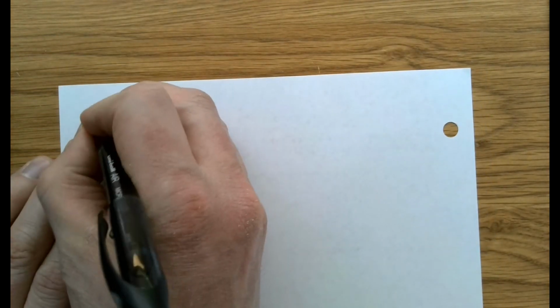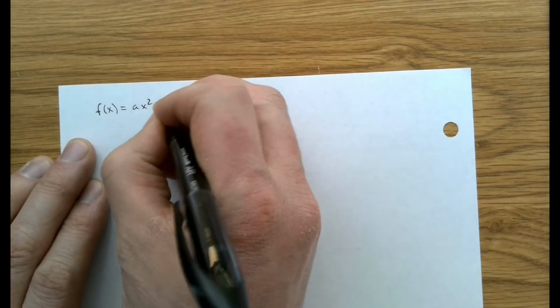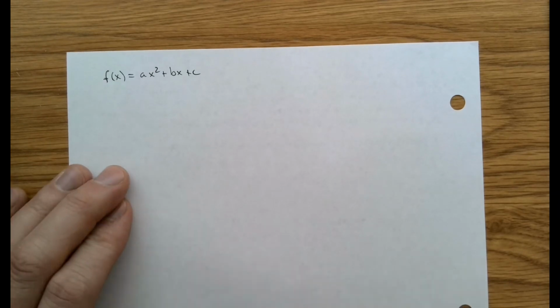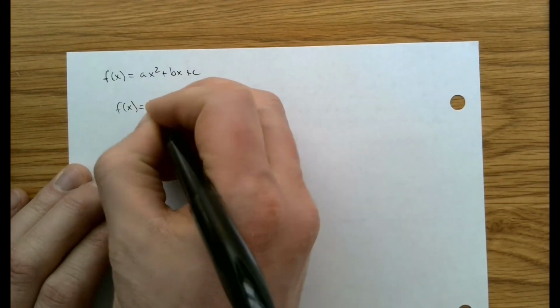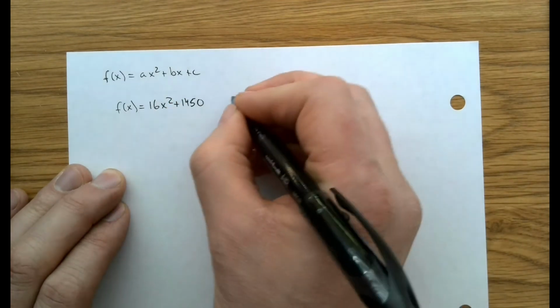So we're going to finish 4.1 by looking at the effects of A on the graph. I'm going to keep writing this in function notation, even though our textbook uses y. It doesn't particularly matter. I think it's easier to use function notation. We're going to graph two different equations. First, f of x equals the positive 16x squared plus 1450, and we're going to graph